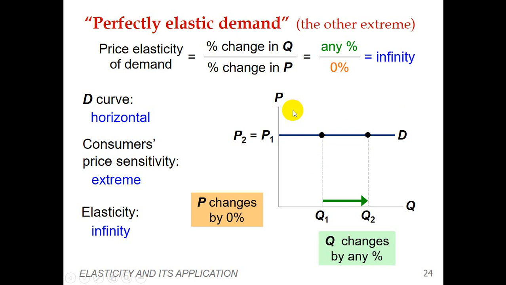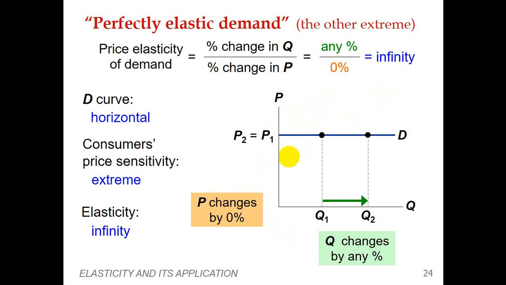In the case of luxury goods, previously I gave you the example of the sailboat. If there is an increase in the price of a sailboat, people substantially decrease their demand. It is the same in the case of the perfectly elastic demand curve. At any price above P1, the quantity demanded is zero, but below P1 things are quite the opposite. Below P1, quantity demanded is infinity. People can buy any quantity of the good.